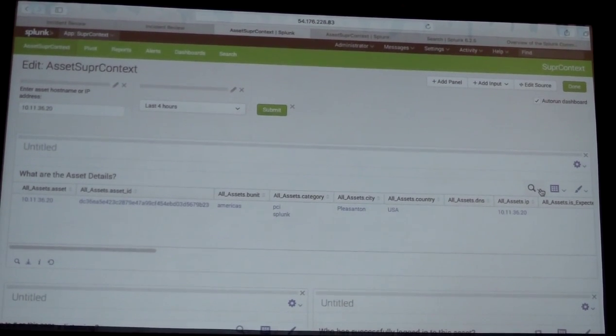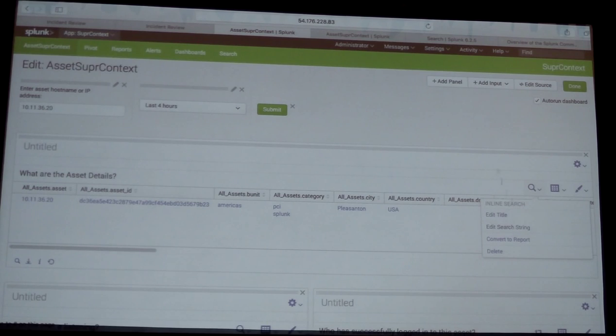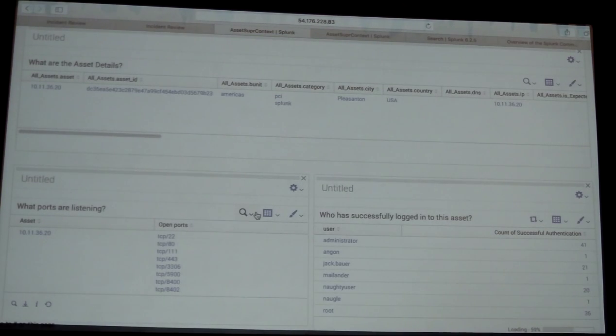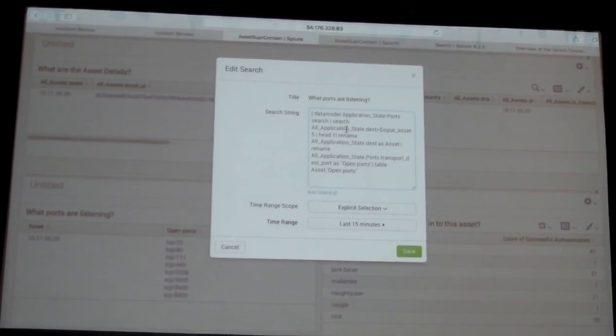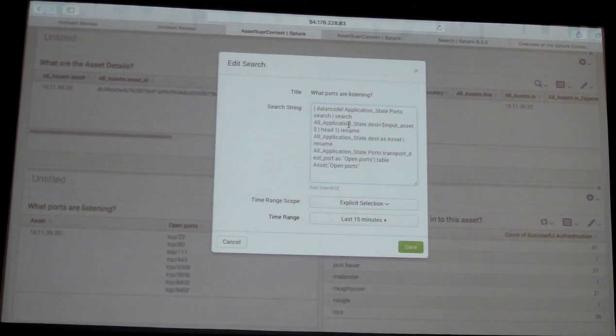Everything's driven by a Splunk search. If you look at how these things are formatted, that one's probably not a perfect example. We can grab this one here. We can edit this search, and you can see here that there's a Splunk search. It's kind of all word wrapped there, but this is obviously something you could just put into a Splunk search,